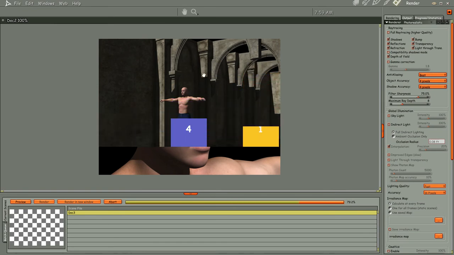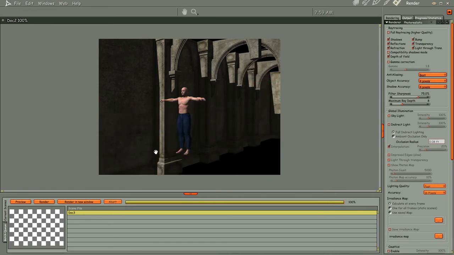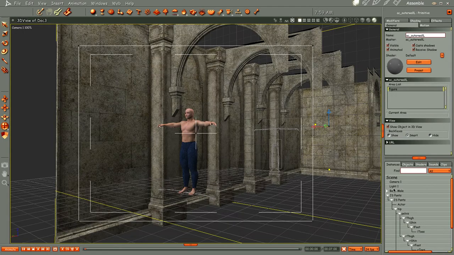And look how detailed the textures are on this. There's dirt, there's all this kind of stuff. Very cool. One of the things that I